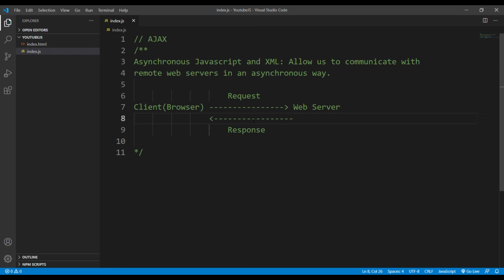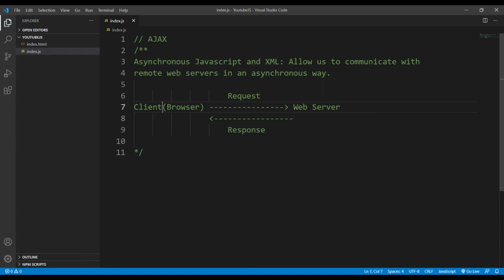To make it more clear, I have this client-server architecture kind of diagram. Here, the client is our browser. We request some data from the web server using an API. If you don't know about API, no worries, I will explain it.